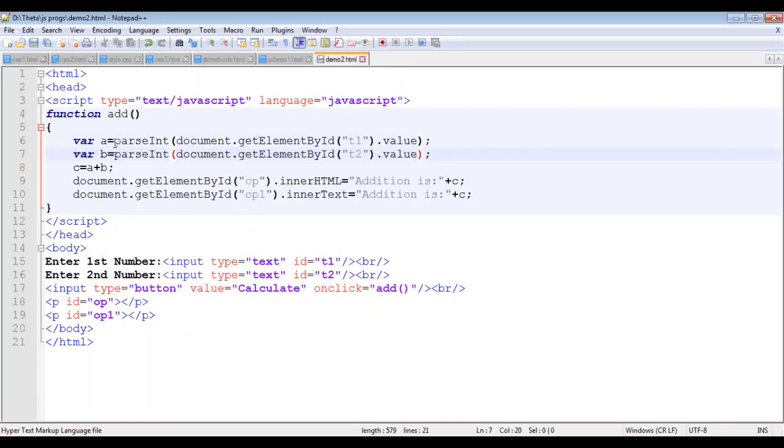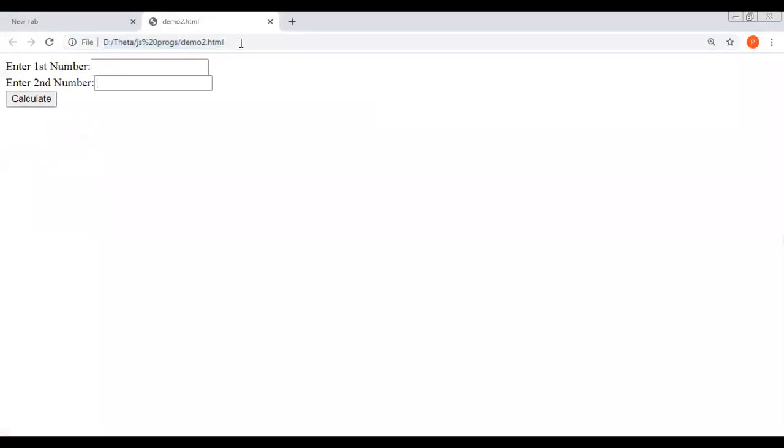Done. Now, to check the difference between innerHTML and innerText, I will put one tag within this output. What innerHTML does is accept that tag and convert it into the proper format. But in the case of innerText, whatever we have provided is taken only as text, not as an HTML tag. Done. Let's see. Now you can easily identify. Wait, I will share the screen.